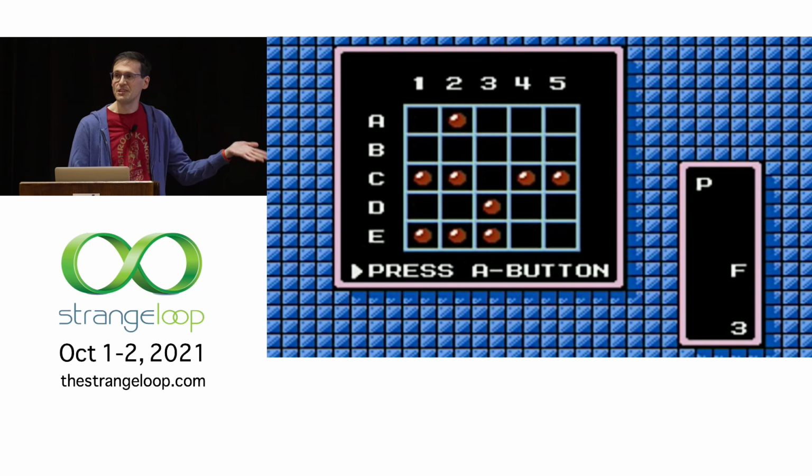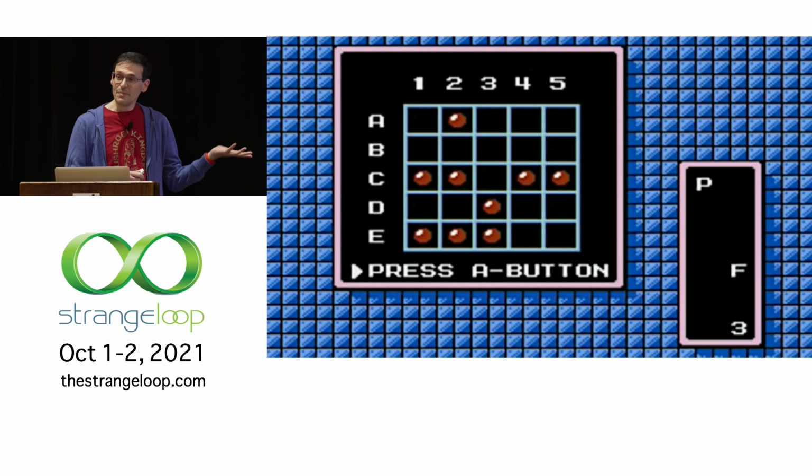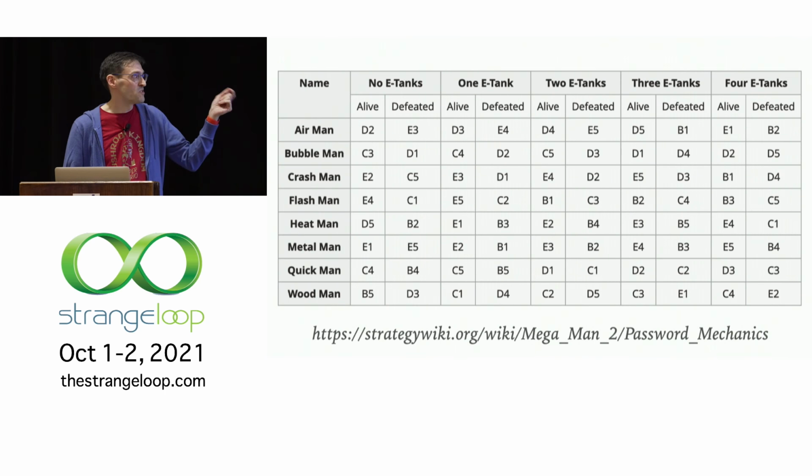So every time you finish a stage, it will display to you this grid, and you can pull out your notebook, and you can hand draw, here's the grid, here's where everything goes, and then get back to it. This system is very simple. It always uses 9 of these red balls, and they are just a literal 1-to-1 ratio of is each boss